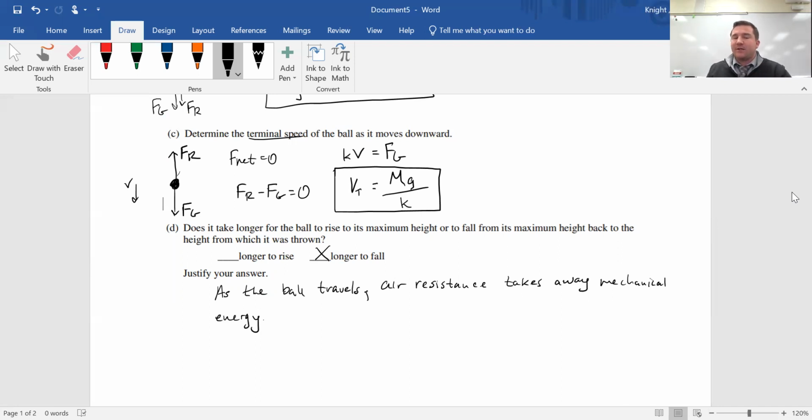The average speed has to decrease. So the resistive force is taking away energy, which means velocity,